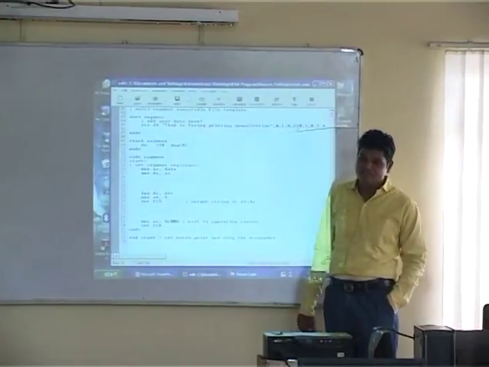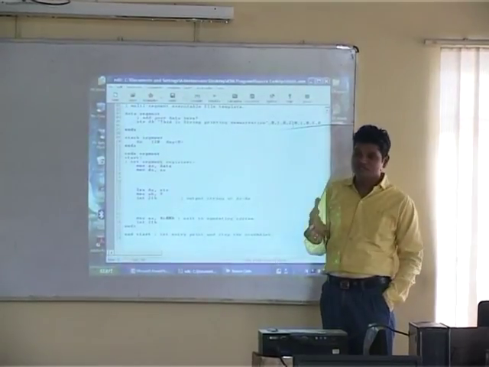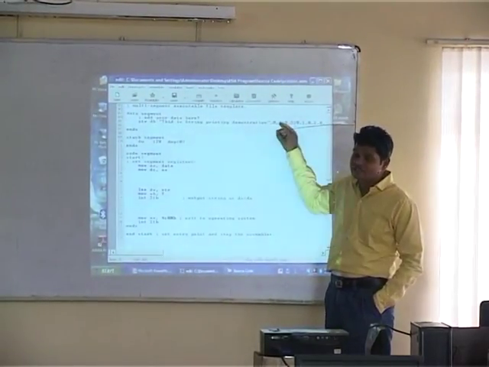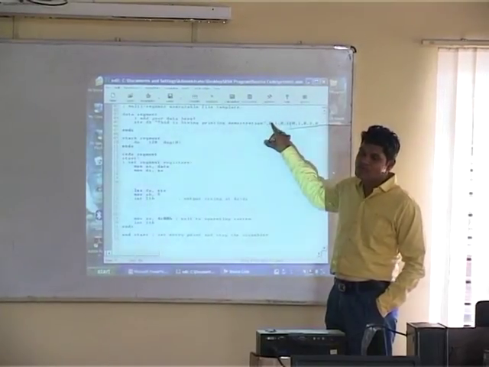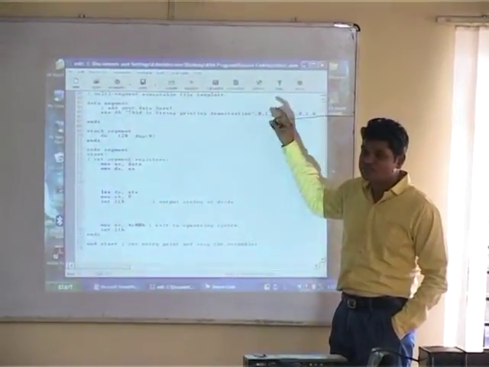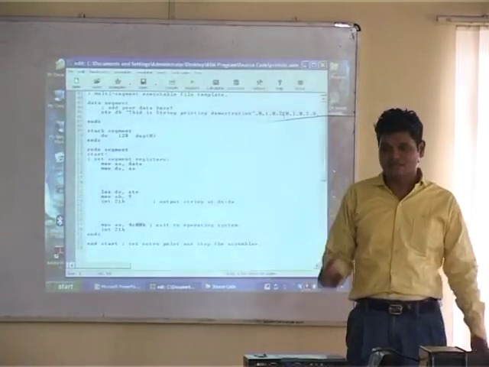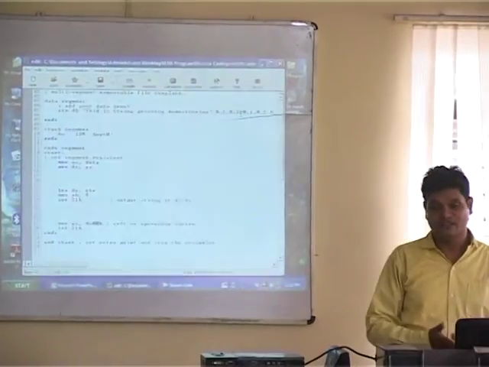Anybody can comment? Here the value gets stored as an ASCII value. So what will happen then? You provide it as ASCII itself. So you will get the character which is associated with ASCII 0, 1 and 2. What is the character for 0, 1 and 2? They are smiling faces. 0 is blank, 1 is smiling, 2 is also a smile. Okay?